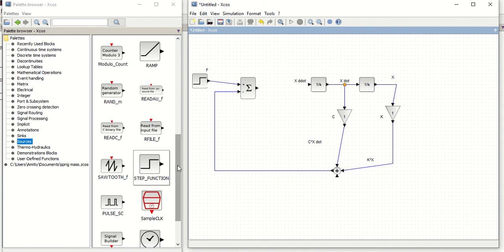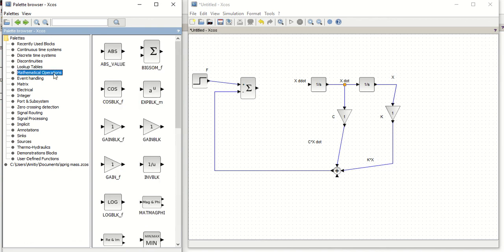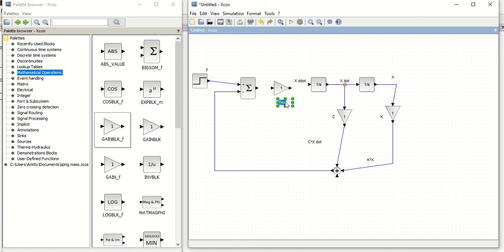So again I need to take from the mathematics block one multiplier or gain block. I am writing it here as 1 by m. Now connecting it. Now the basic circuit is completed.